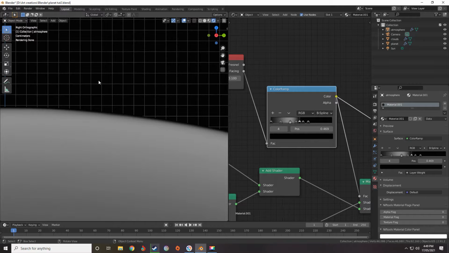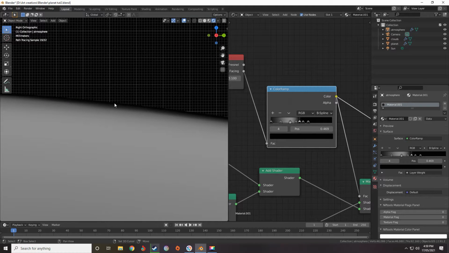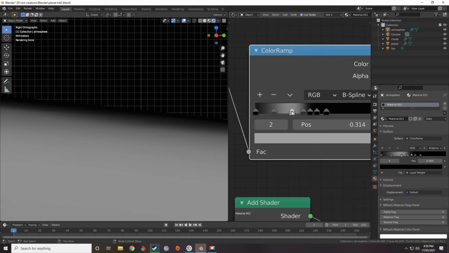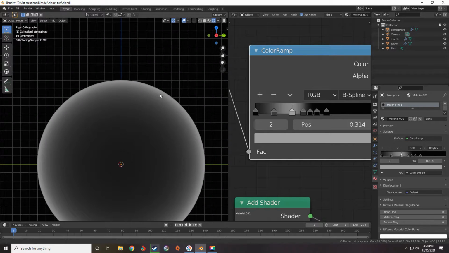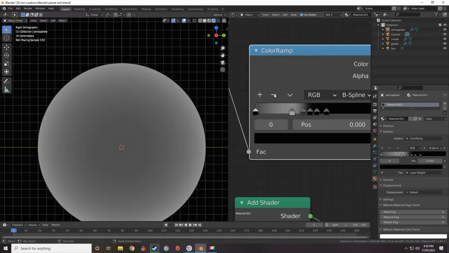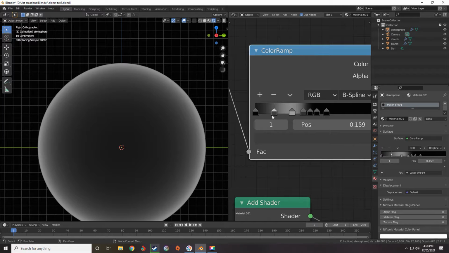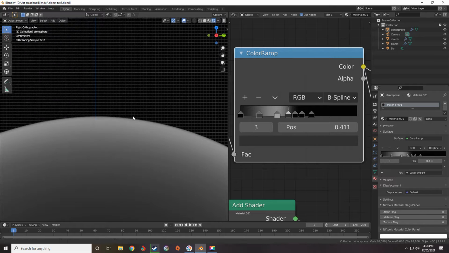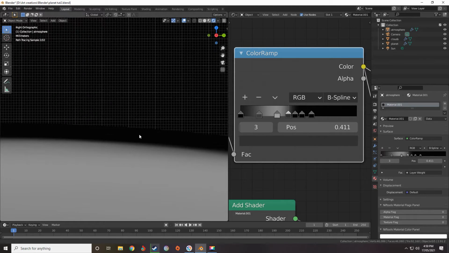Alright, so I've worked with it for a little bit. I changed to B-spline because it was softer, and I think it works really well. So I've got a bunch of points in here, this being the brightest point. And I cut the dark part in a little bit just with this one. As you can see, just add that in and darken the center. And then we've got these points which are quite dark to just bring in the edge a bit,